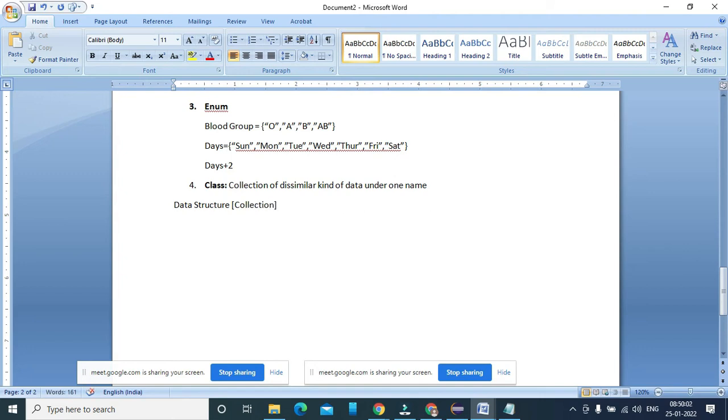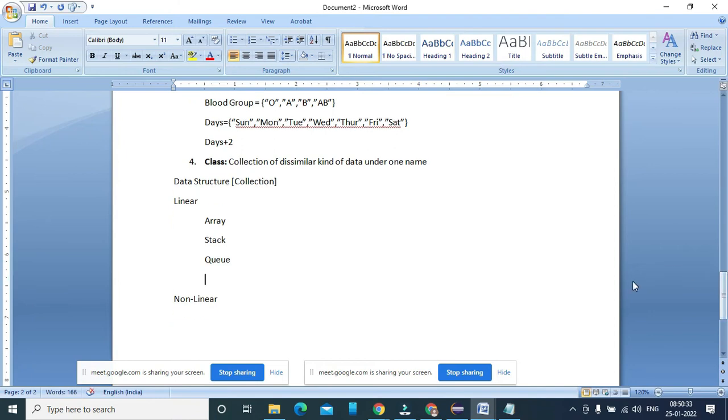There are two kinds of data structure: one is linear and another is non-linear. When you are talking about the linear data structure, you are saying it is an array, then stack, then queue, then linked list.